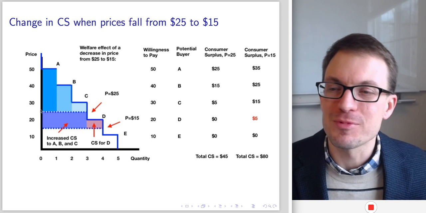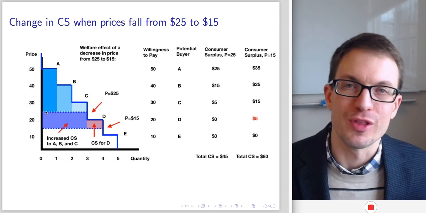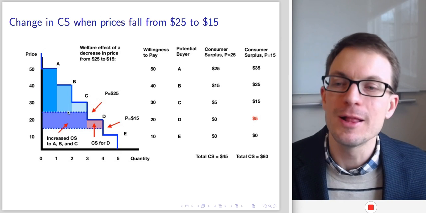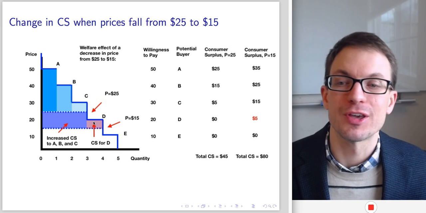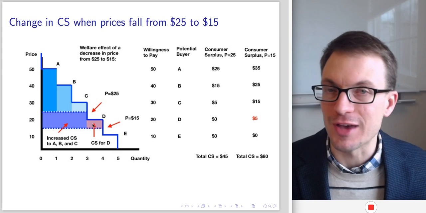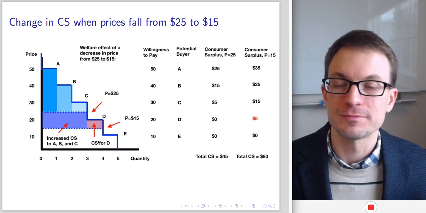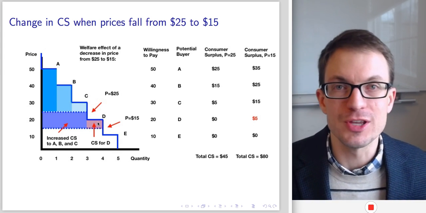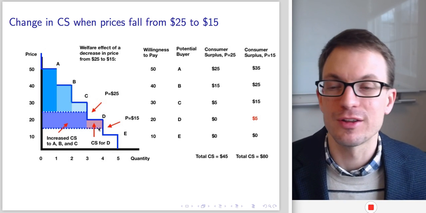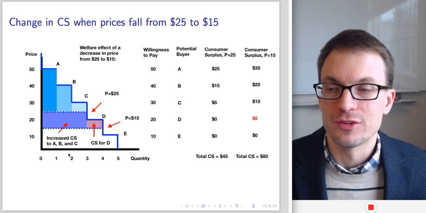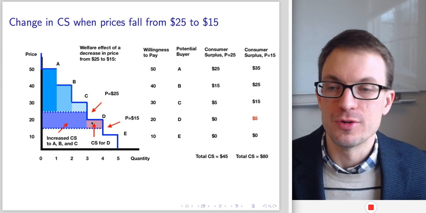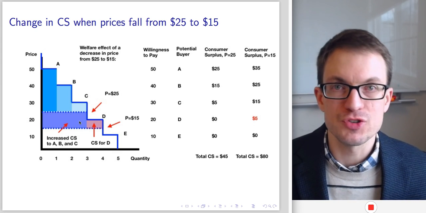Person D, at the price of 25, the good was too expensive for them. They weren't able to participate in the market. Now the price has fallen. Now they're able to consume that good. Person D is affected differently than person A, B, and C, right? The price decrease brought them into the market. That's different, right? Okay, so that's an important distinction to bear in mind when we're thinking about price changes, particularly